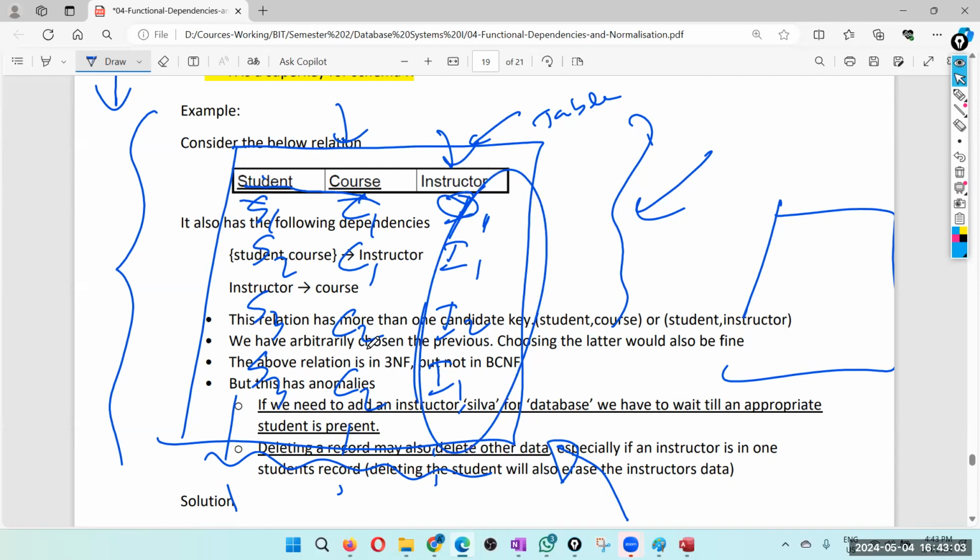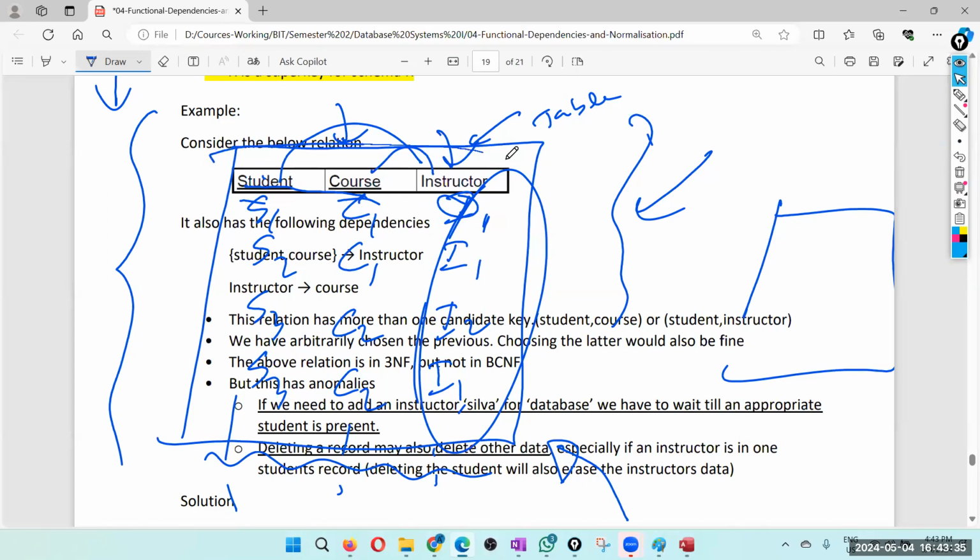So therefore, if you need to have the details about the instructor in our database, that instructor must be assigned to a student for a particular course. Otherwise, instructor details are not there. So therefore, this is a bad design, because if that instructor is not assigned to a particular student and course combination, in our database there's no information about that instructor. You can see that it's a very rare, sort of a very trivial case. So therefore, the idea is